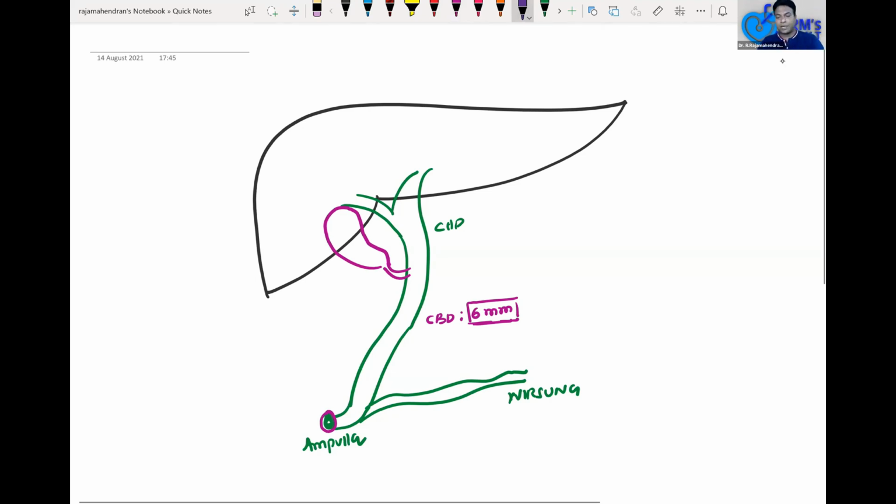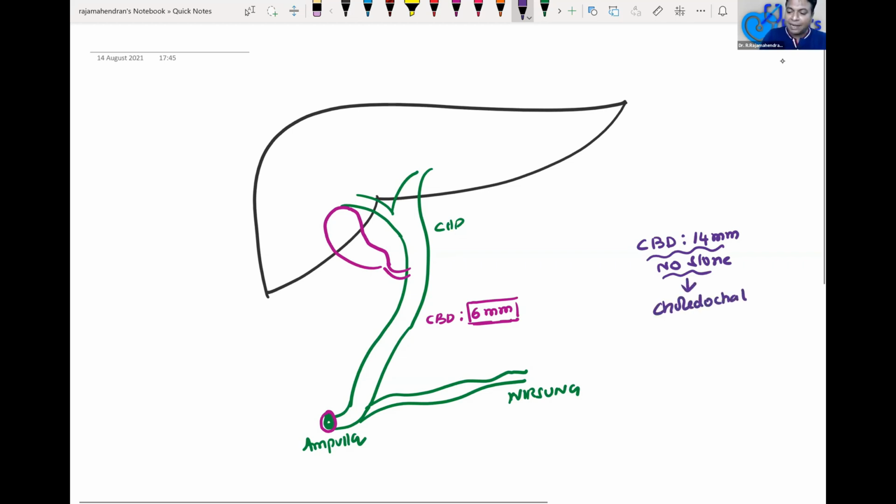This is one of the great confusion among surgeons when you are doing routine investigation. We get a finding known as a CBD of 14 millimeter. There is no stone, no stricture, no malignancy in the bile duct. We'll get a picture like this. And many times some radiologists will not be able to tell what is the exact diagnosis. And as a surgeon, you should know there is one disease known as choledochal cyst.